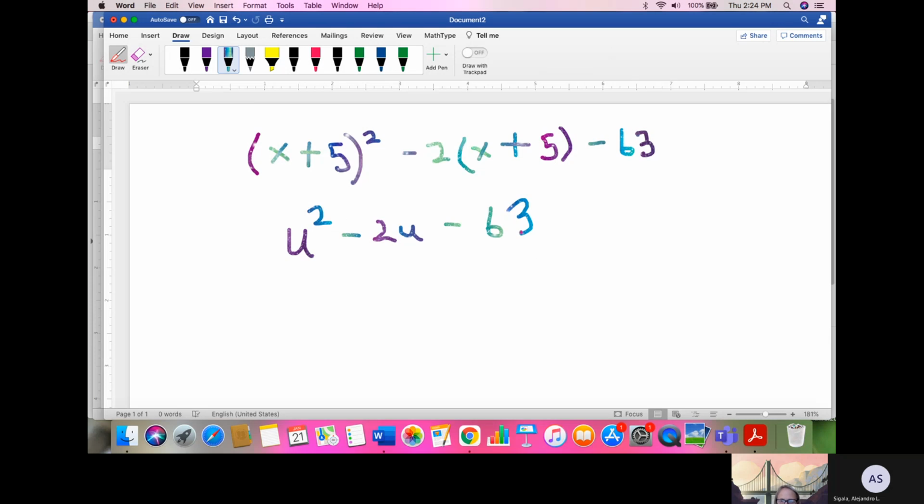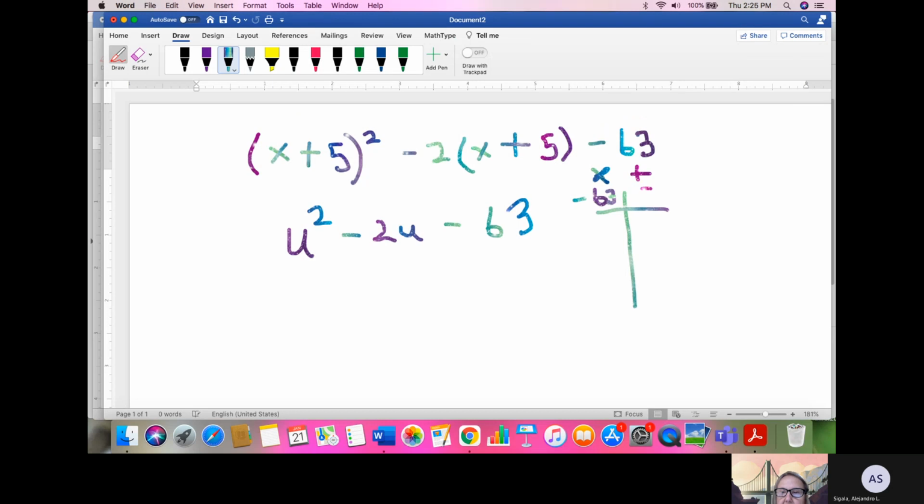When we convert to u's. Correct. So now we're looking for two numbers that multiply together to give us negative 63, and add to give us